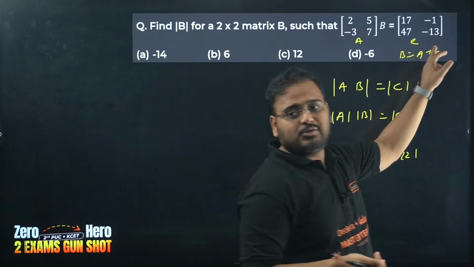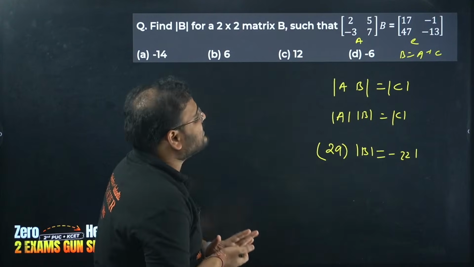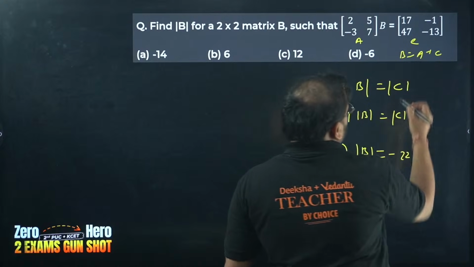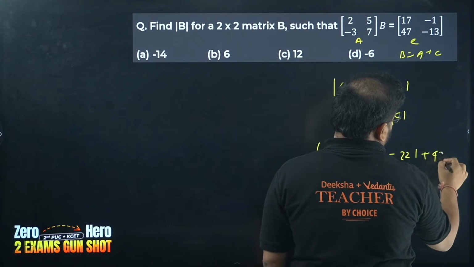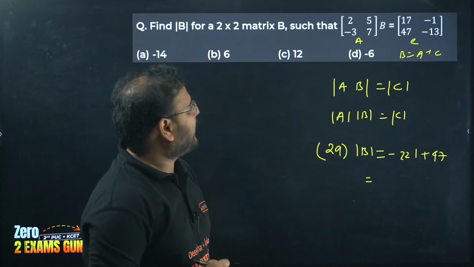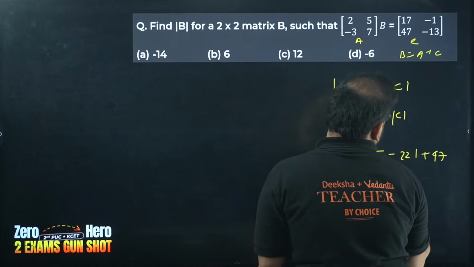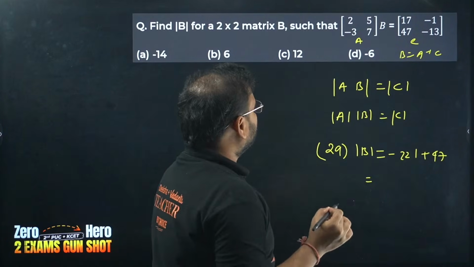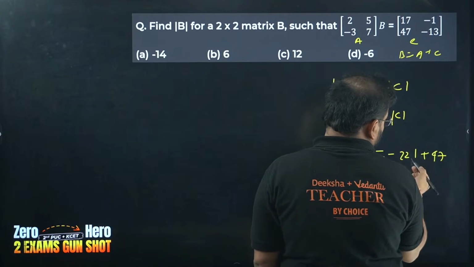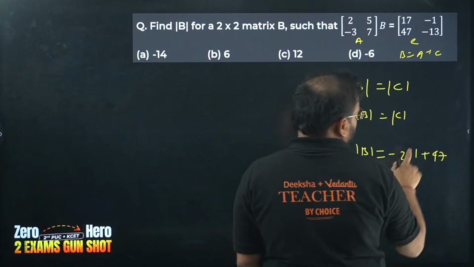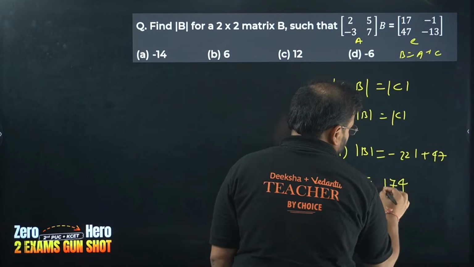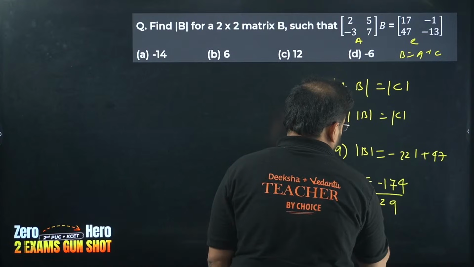17 into 3 is 51. So 1 I've written over there, carries 5. 17 into 1 is 17, plus 5 is 22. So that is correct only. And we have plus 47, right? Am I right? Looks correct. Yeah, plus 47. So we get this value as 11 minus 7 is 4. We get 1 left. 1 minus 4 means 11 minus 4 is 7. And we have 1 by 29 as determinant of B.